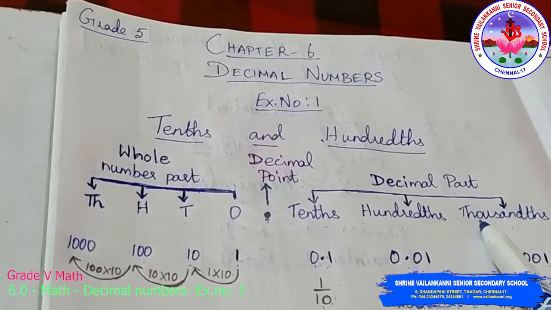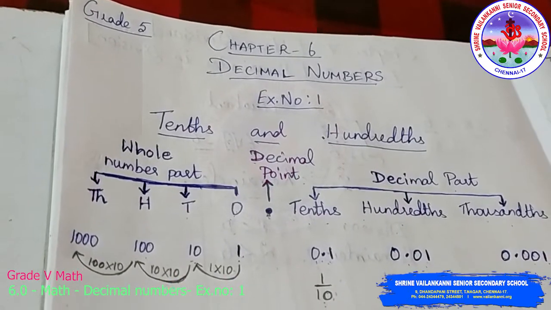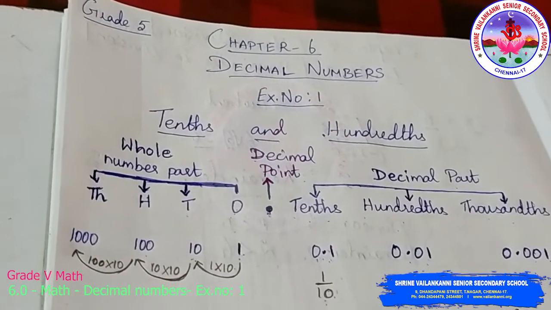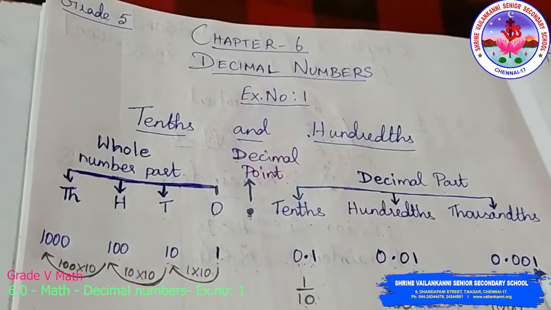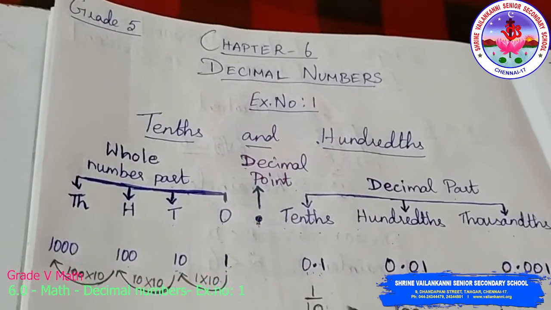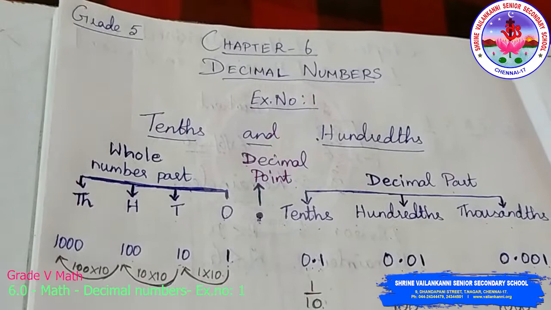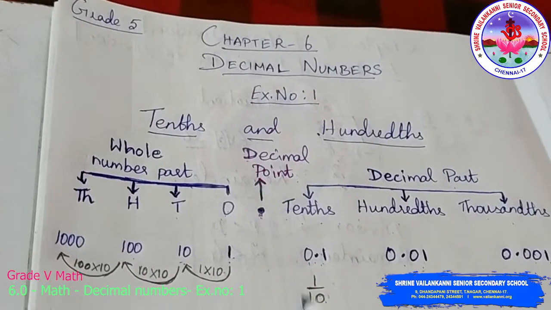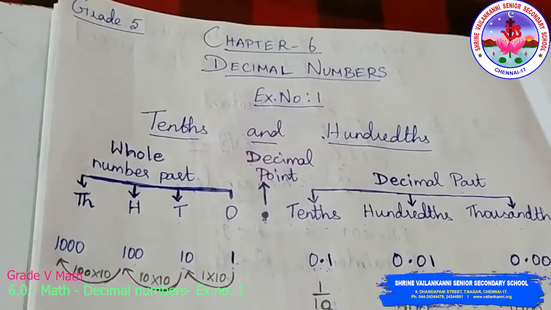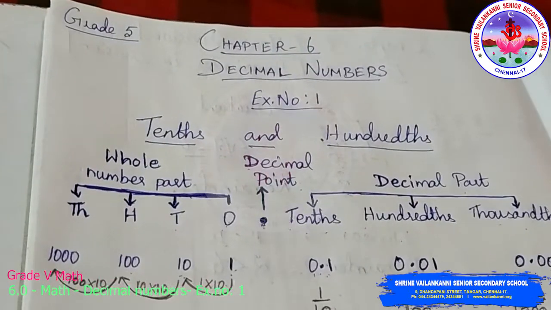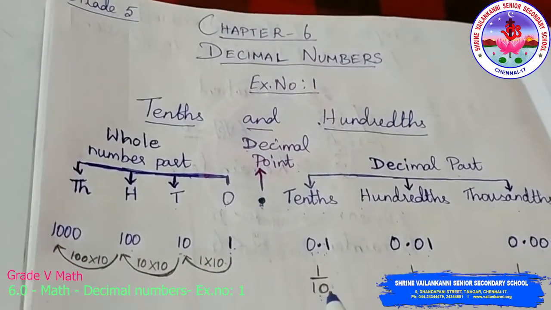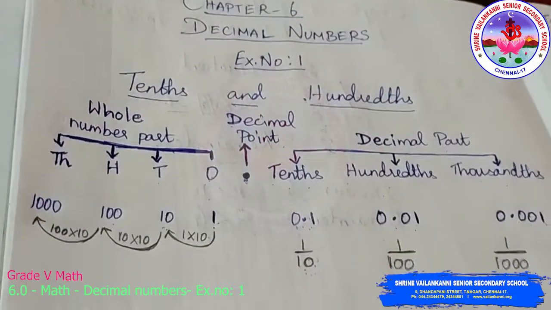The same way, the 1000th place value, in fraction you will call it 1 by 1000, and in decimal 0.001. Okay, so I will show you this 1 by 10. I have written it in fraction. So how will this be projected picture-wise? Okay, so this 1 by 10, I am going to take as one whole.